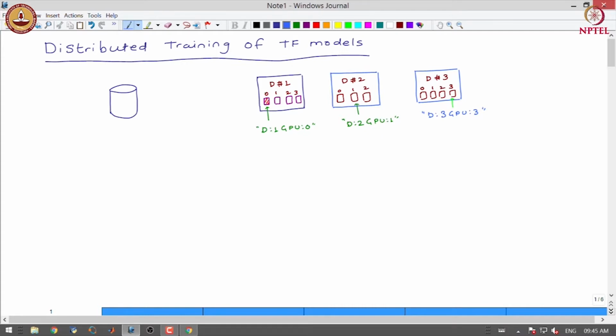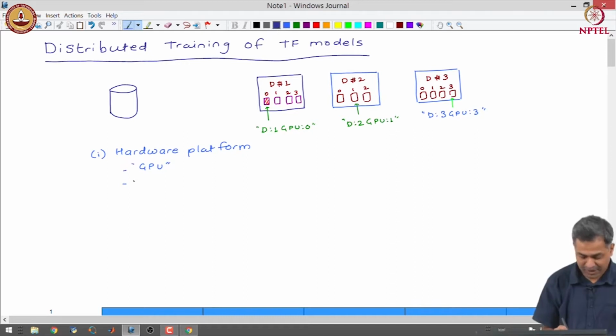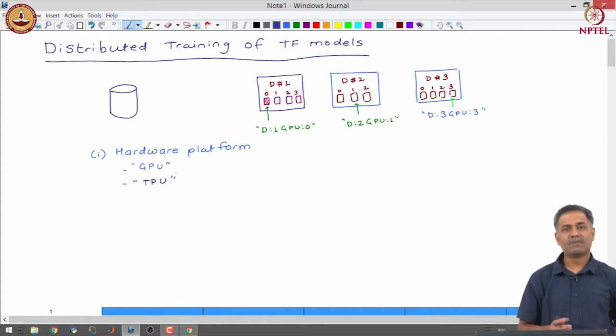Now, we will have to see how we can use this infrastructure that we have for performing distributed training. There are clearly two different parameters that we need to consider. One is the hardware platform on which we want to distribute the training. We might have a bunch of GPUs, and we might have TPUs. TPUs are specialized hardware developed by Google for training large scale machine learning models.